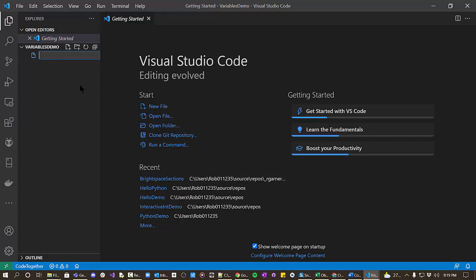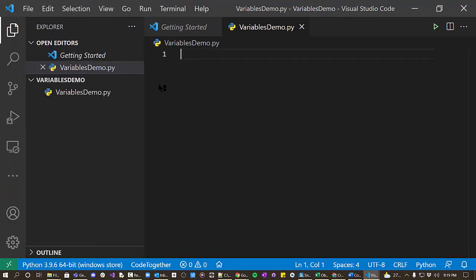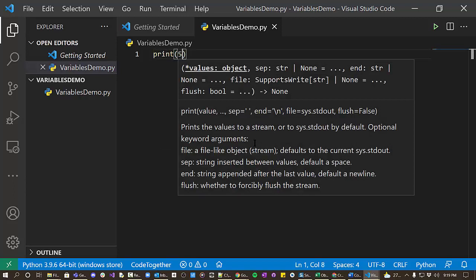and let's call it variables demo.py. Don't forget to put the type of the file so that Python knows that this is a Python file. And then, just to demonstrate, let's say we want to print a number. So if I said print the number 5,